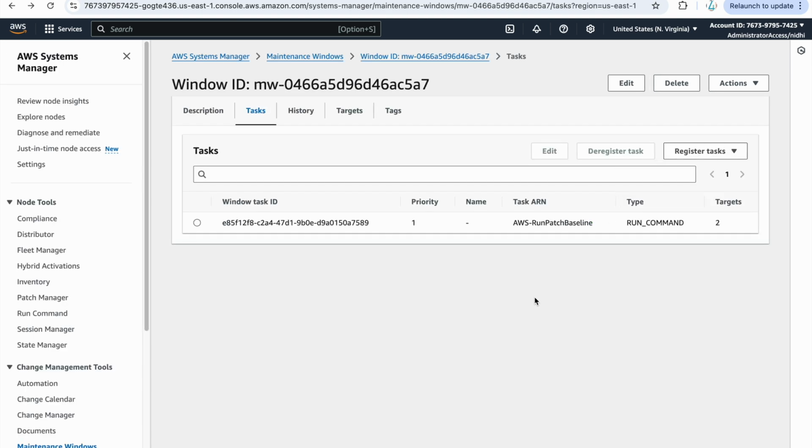So here, one more thing that I wanted to tell you. We created this maintenance window and we registered the task, and we selected the register run command task. That is for applying the patches, right? But sometimes you want to do some activity on your instance before you apply the patches, right?